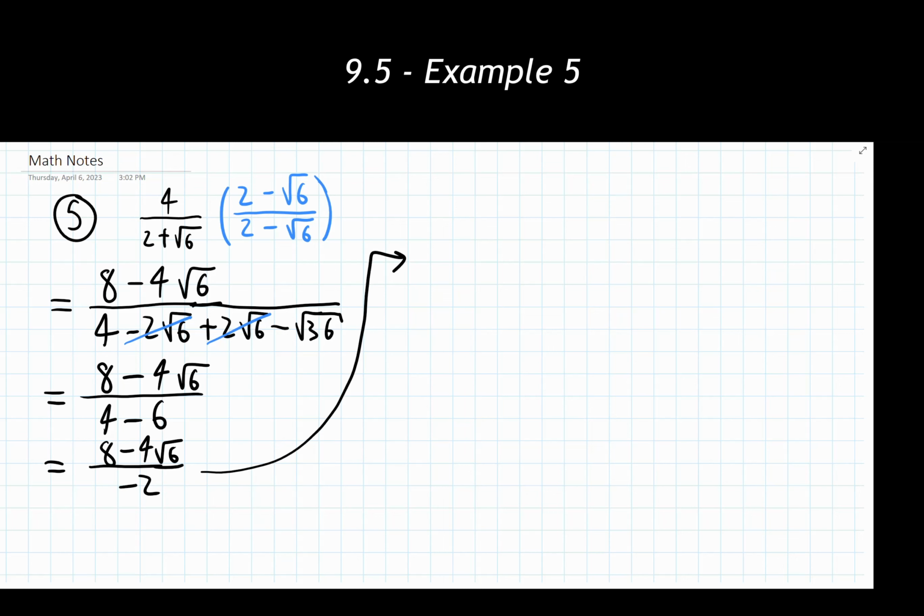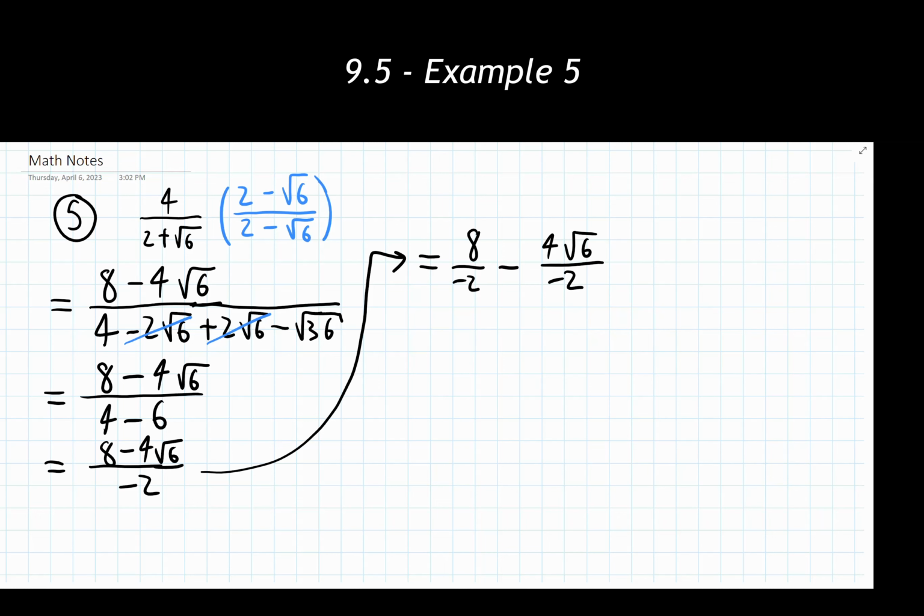Now from here we have a couple options. We can and we will need to fully reduce this fraction down. Your choice is either to factor something out of this numerator, which would be a 2 that we want to use, and then cancel it with this 2 down below, the negative 2 down below, or you have the option of splitting this whole thing apart into 2 separate fractions, using this minus sign as the guide for what's going to be in between those two terms. I'm going to do that because for me personally, I find it easier to cancel things out individually rather than factoring and canceling. I always seem to miss something in the process of doing that.